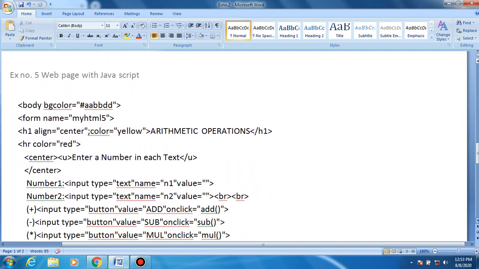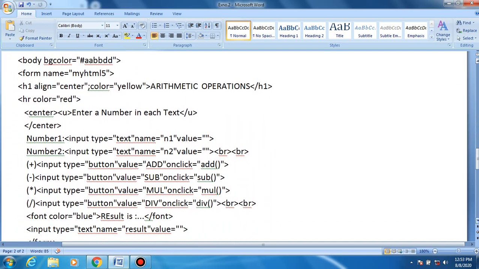The program is partially over. The rest of the program is here. We define the background color, whatever color we like. The body color is set with bgcolor, the background color. Then the name of the program, the form name, then the input type, what we like as an input type, text box, and the buttons and the names of the buttons.